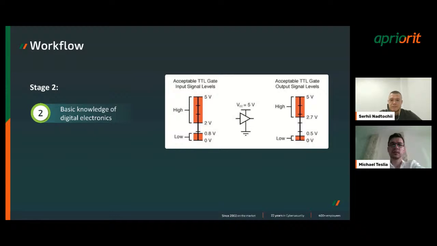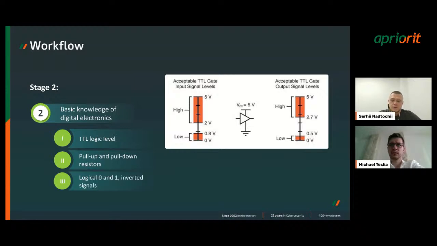The second topic is knowledge about basic digital electronics. It is good to know topics like TTL level logic, pull-up and pull-down resistors, what logical 0 and logical 1 are, and what inverted and direct signals are.